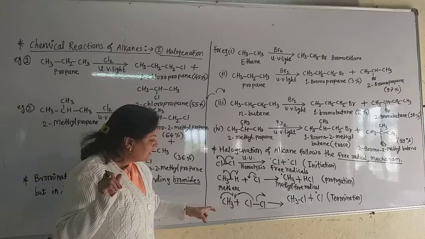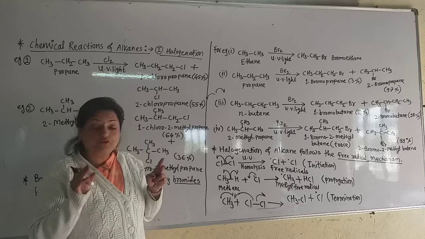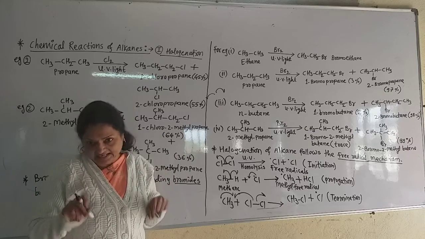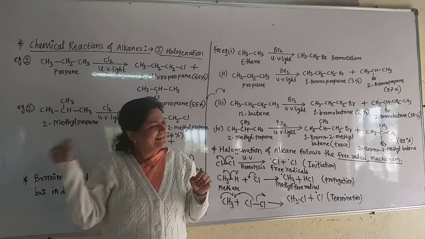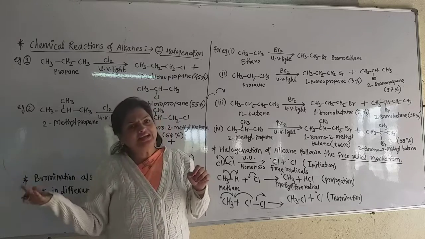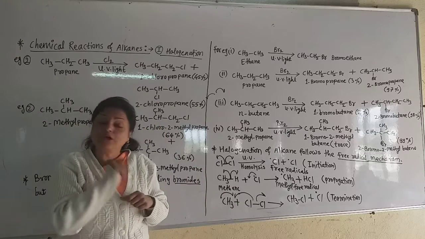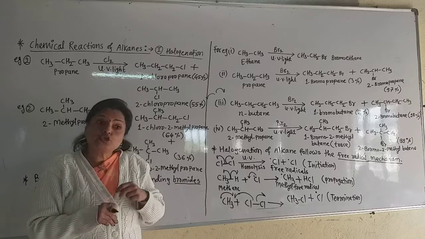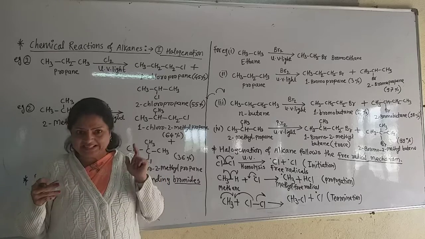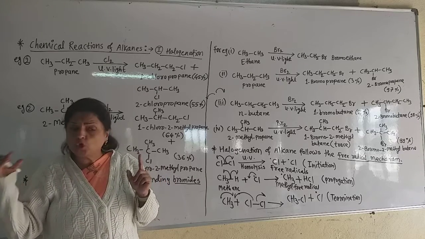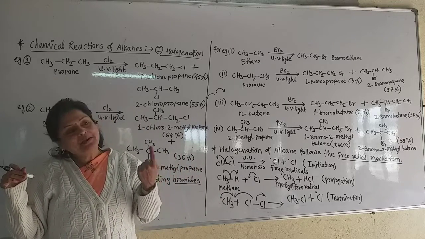Now see what is happening. Our point of view is that we want to do the halogenation of alkane. So we must form the product, that is the alkyl halide. This is methyl chloride, ethyl bromide. We know that alkyl halides, that is haloalkanes, are formed in halogenation. So here which haloalkane will be formed? Chloromethane or methyl chloride. The IUPAC name is chloromethane and the common name is methyl chloride.